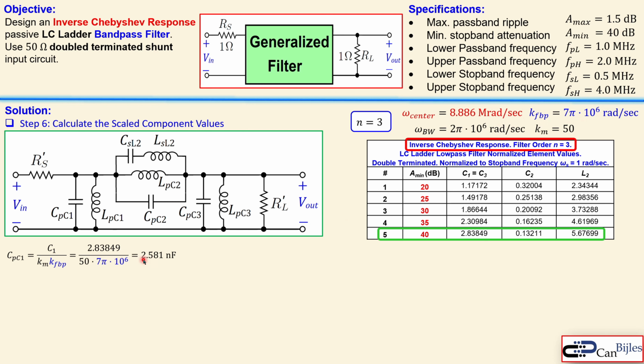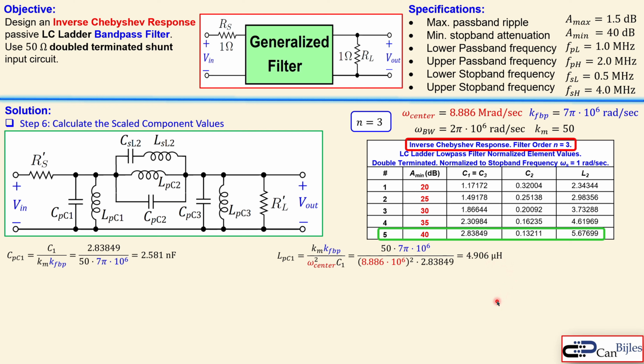Now we do the calculation, and you get 2.581 nanofarads. Similar for the LPC1, but then you use the Km and also the center frequency, which is already calculated. You just substitute the values, with C1 as the coefficient, which is used for the CPC1. So you get now here